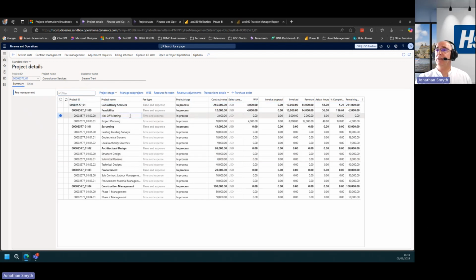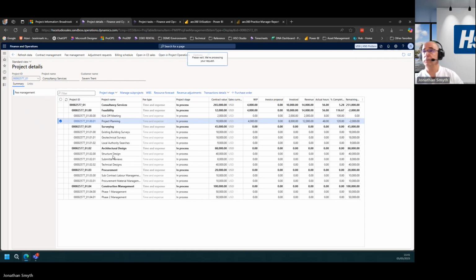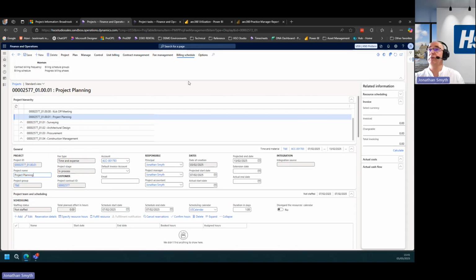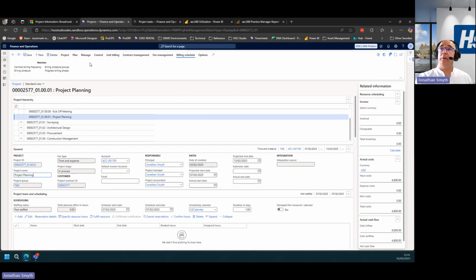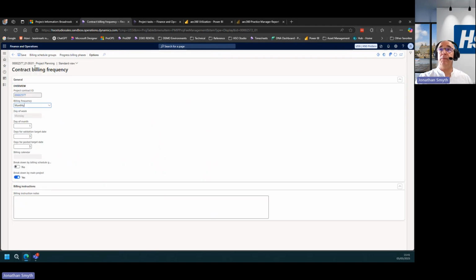But if I just select one of those specific phases, you can see that it's linked to a specific project. So I'm going to drill into, I think, this project planning example. And then once I'm in here, we've got this billing schedule tab. And of course, we can define just here under contract billing frequency, how frequently we would like to create our bills or our invoices.